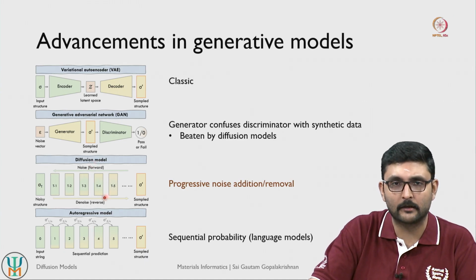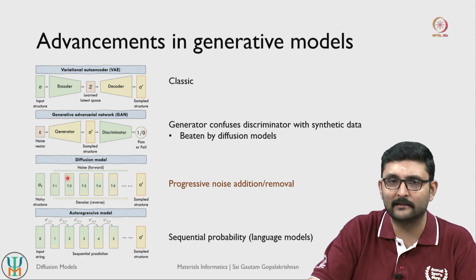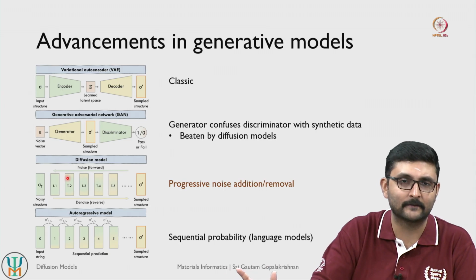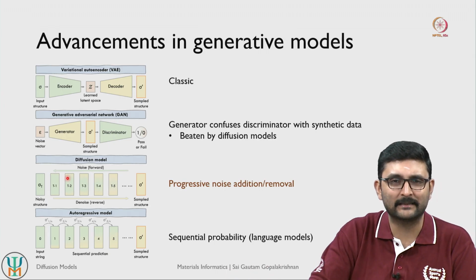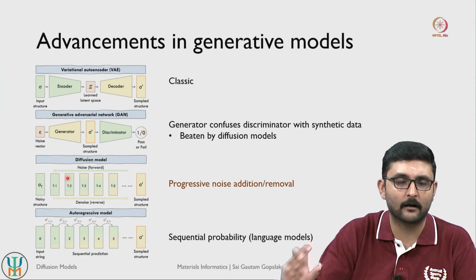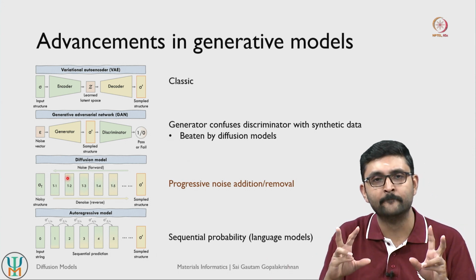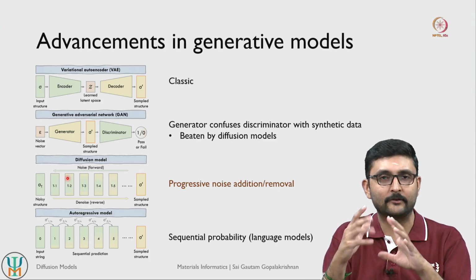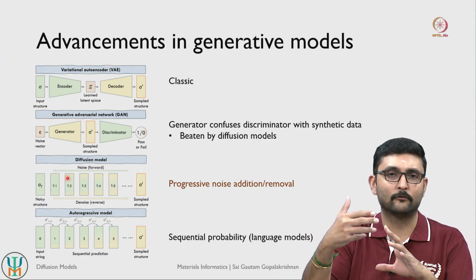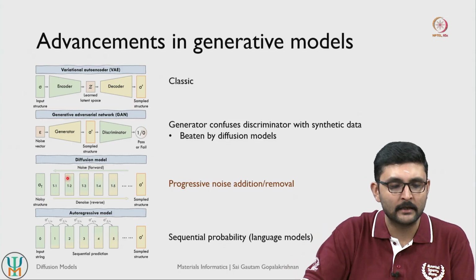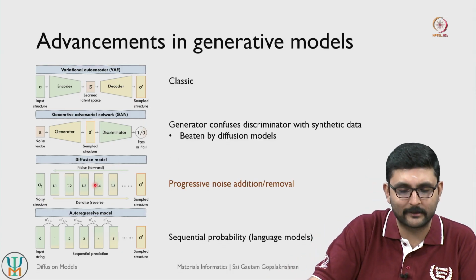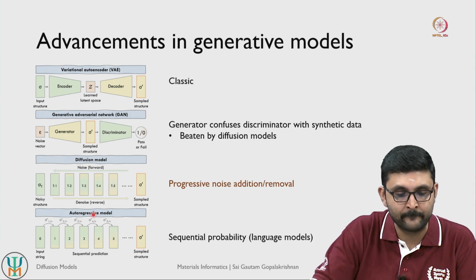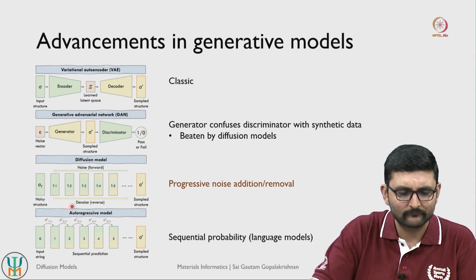We will look at diffusion models in more detail in the course of this lecture. But basically, diffusion models try to learn how to denoise a given latent space representation. So it's one way to think about decoding a given latent space configuration, but it tries to recover the original representation through what is referred to as a denoising procedure. We will look at what this denoising procedure is in the subsequent slides.